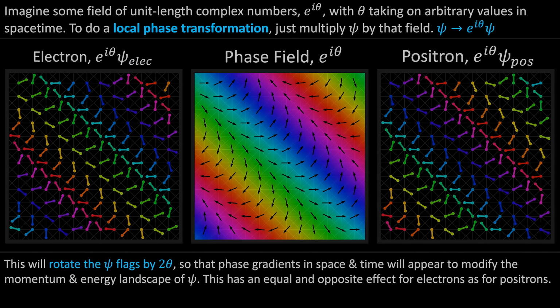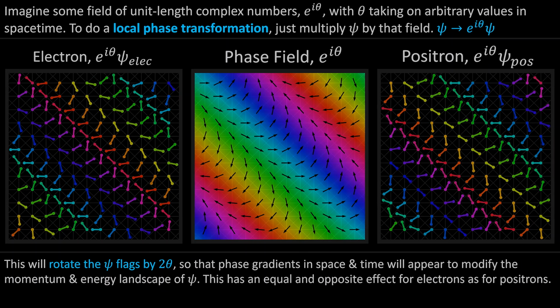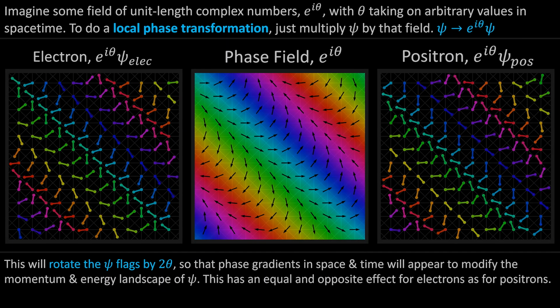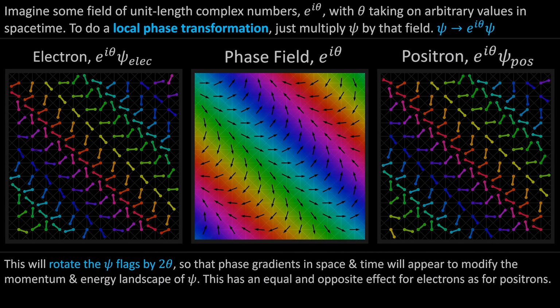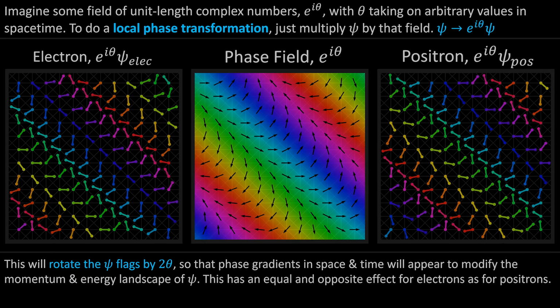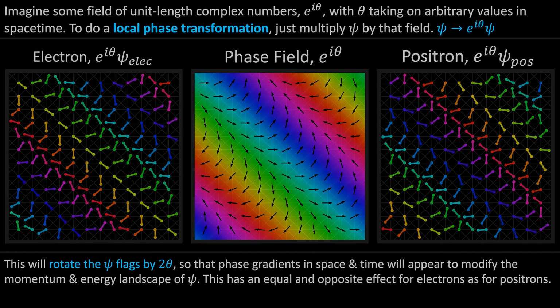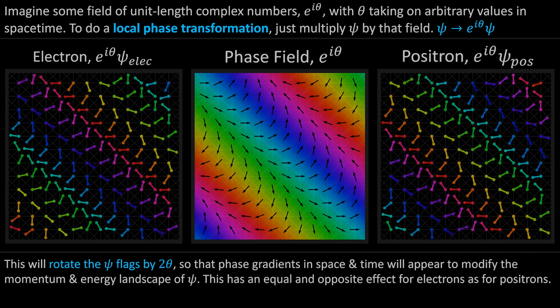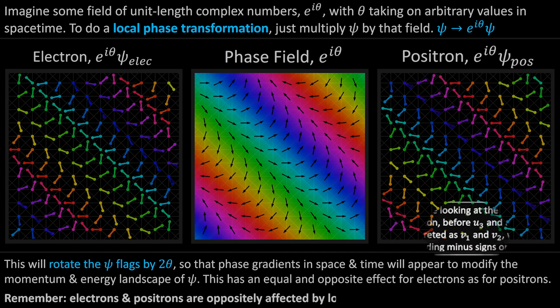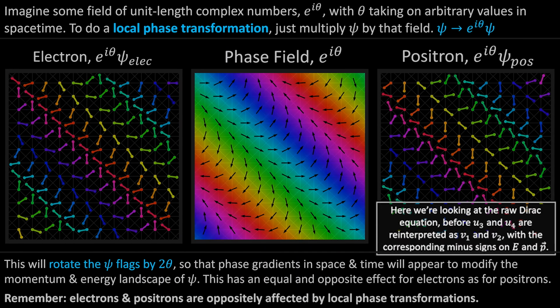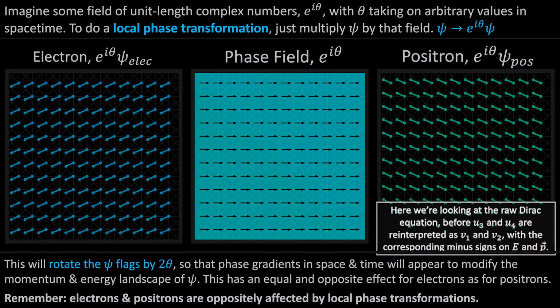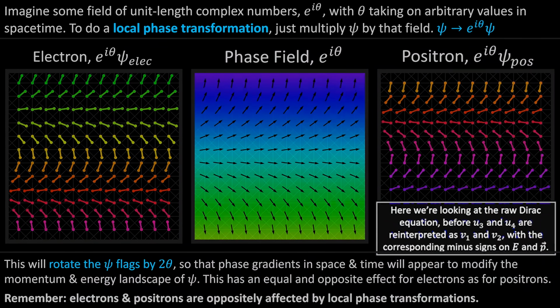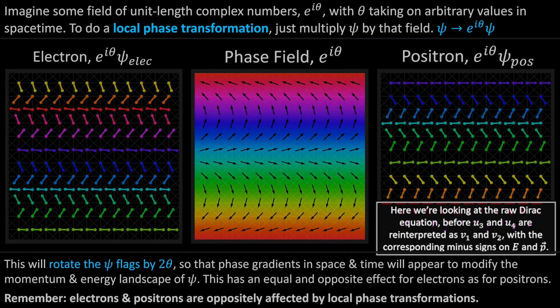But in the positron field, they're going the opposite way. What? Wow. Why are they moving the opposite way? Well, because the flag rotation is brought to life by a time-dependent complex phase factor, which goes the opposite ways in the complex plane for electrons versus positrons. And so the same change in the complex phase is going to have an opposite effect on the time evolution